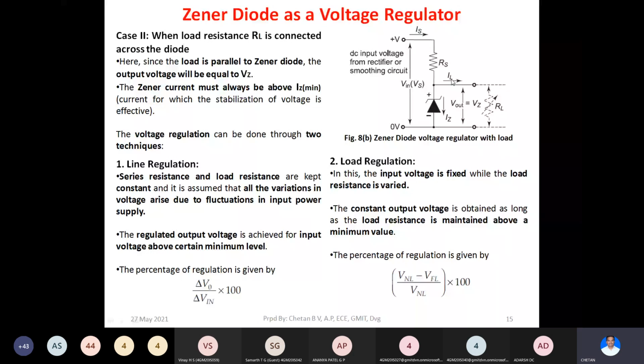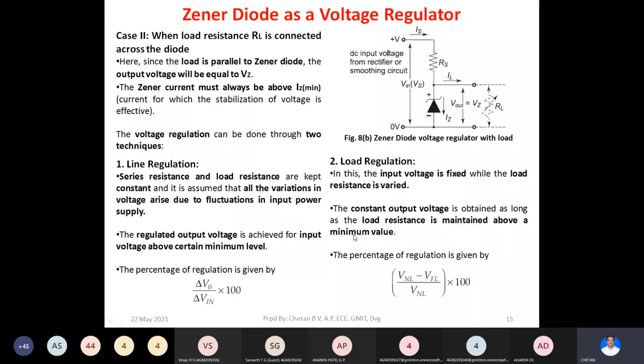And here also one important thing that you have to notice is you cannot keep the value of RL at a minimum value. You should always keep the value of RL above a minimum value. If the value of RL is below that minimum value, then again this Zener diode will not be operating in reverse breakdown region, and hence you cannot make this Zener diode work like a voltage regulator. So that is very important. These two points are very important: the minimum value of voltage during line regulation and the minimum value of RL during load regulation. These two are very important to perform circuit analysis.